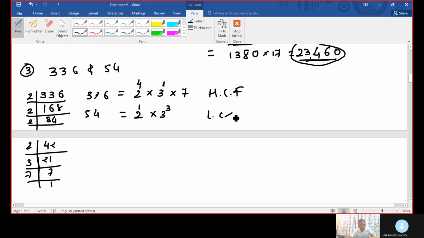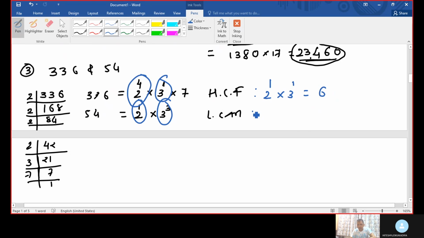Okay, now find HCF and LCM. Check here. Now HCF is the highest common factor. Here the common factor is 2, but the minimum power is 2 raised to 1. Here 3 is also common, so 3 raised to power 1. So our HCF is 6. Now speak your 6 table. Check when we get 336 and when we get 54, check your answer.